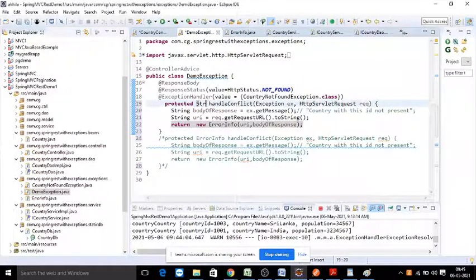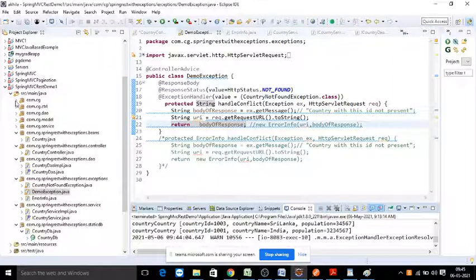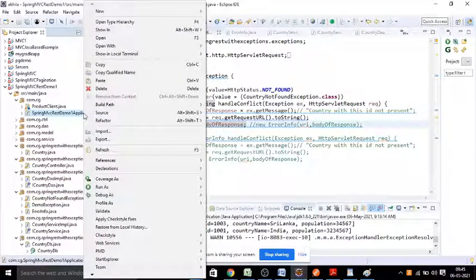Simply, I want to give a string, and here I don't want to give this URL, I will just return body of response. It's a string, right? Save it and start your application again.